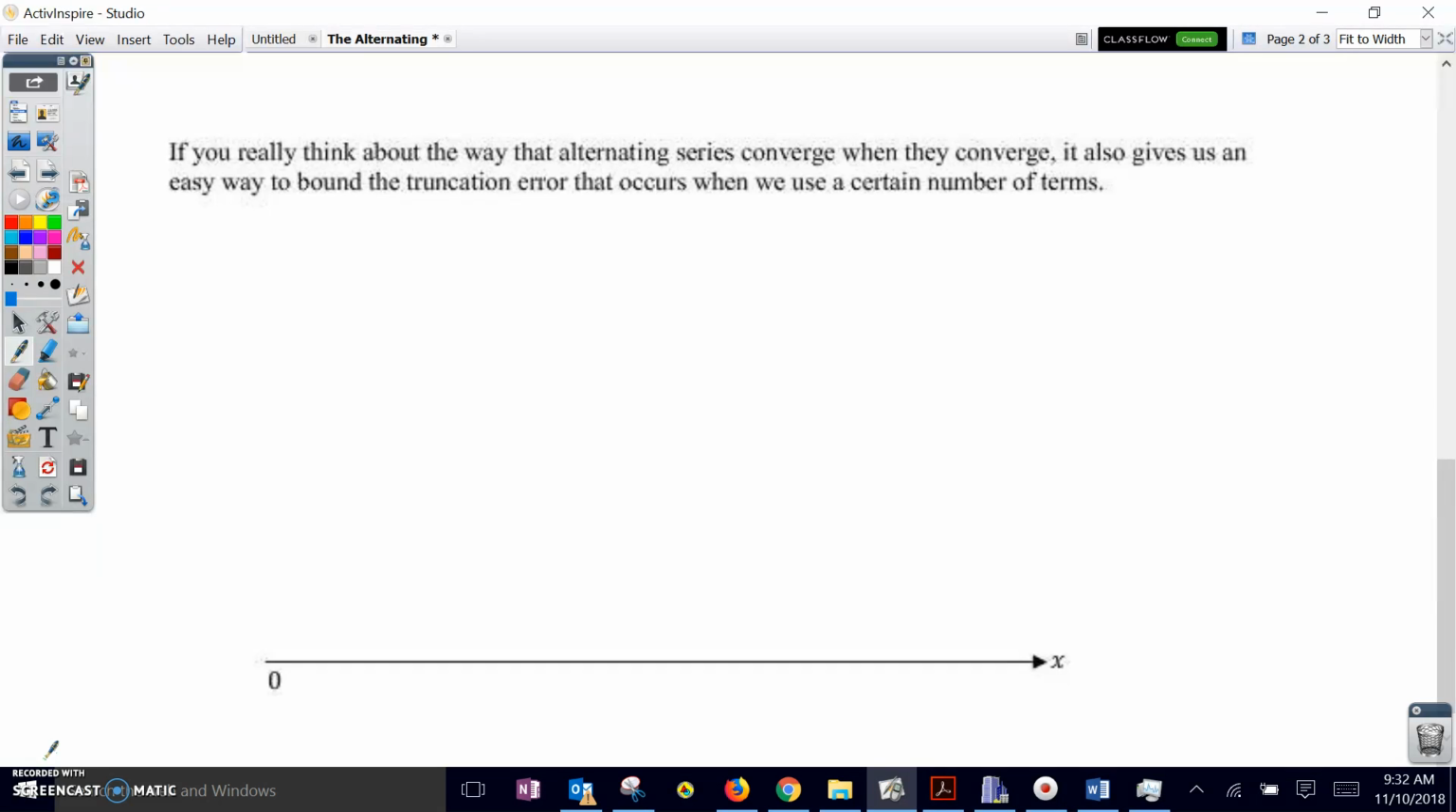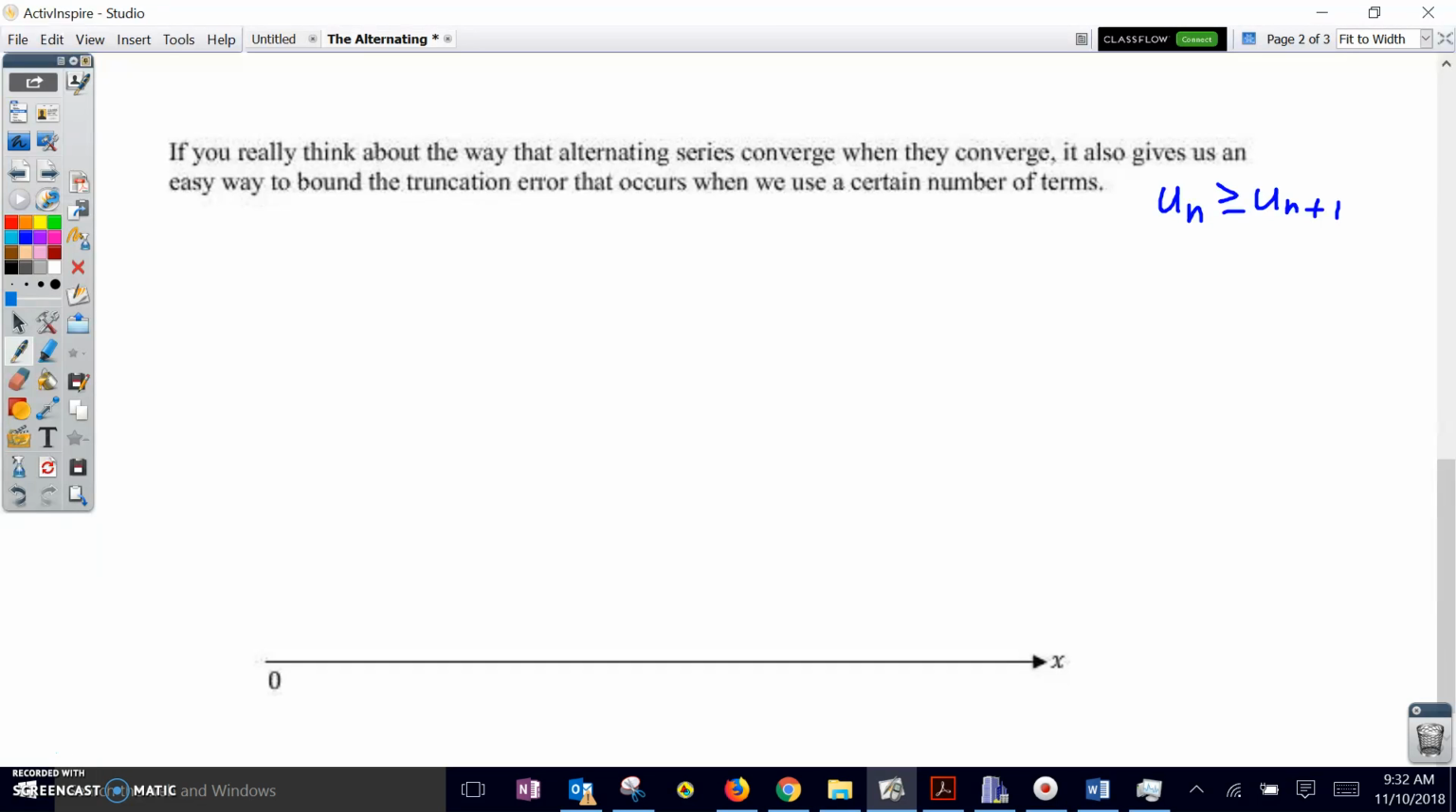So what happens here, if we think about what happens when an alternating series converges, the whole idea that u sub n is always larger in magnitude than u sub n plus 1 once we get to a certain point, that gives us a very easy way to determine the error when we truncate an alternating series. If we want to estimate it with a finite number of terms, we can very precisely estimate the maximum error